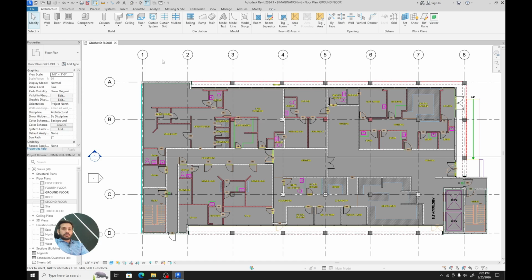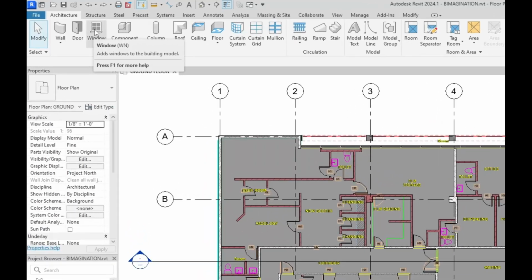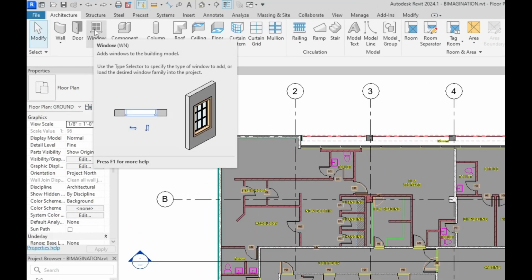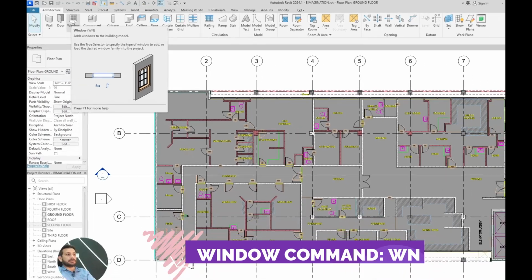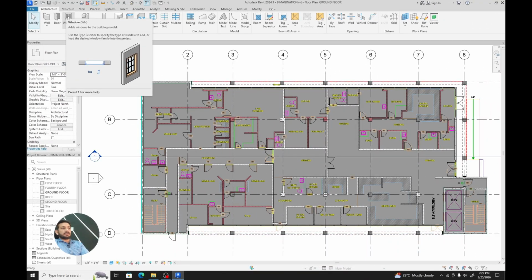In this video, I will show you how you can apply windows to your Revit file. In the architecture tab, you can see that there is a window button. The tooltip assistance is showing me that the command for window is WN. So you can just click on this window button,